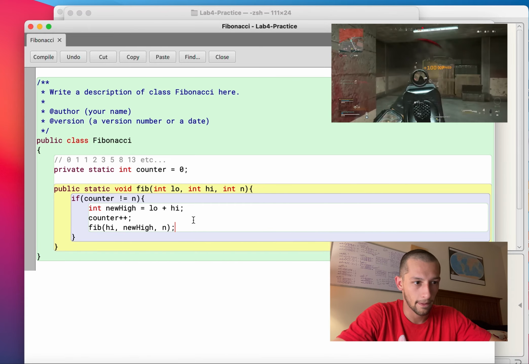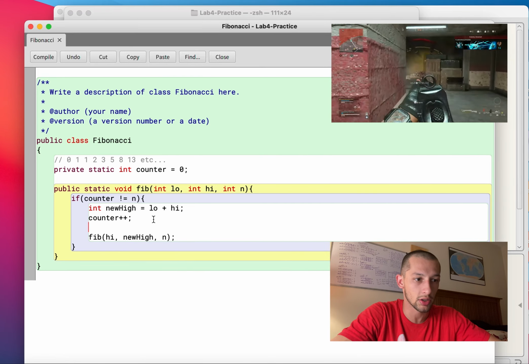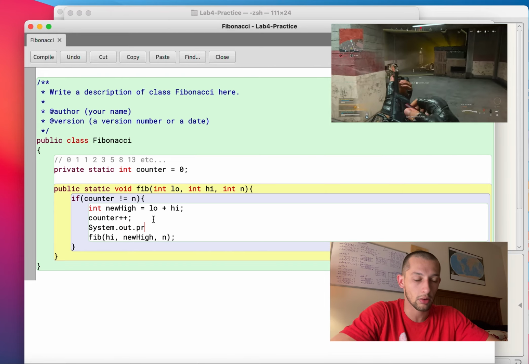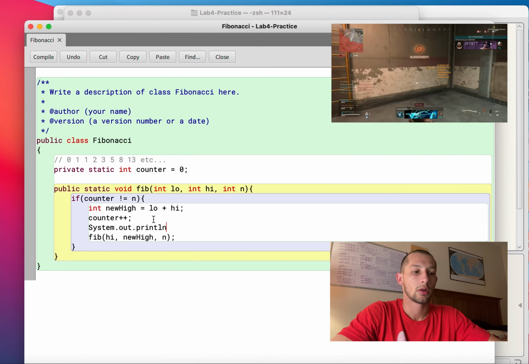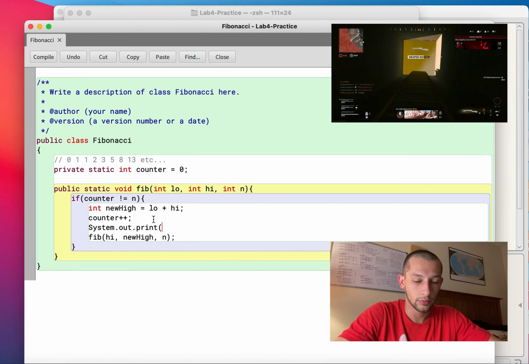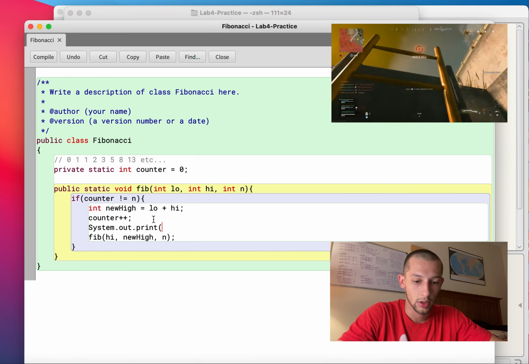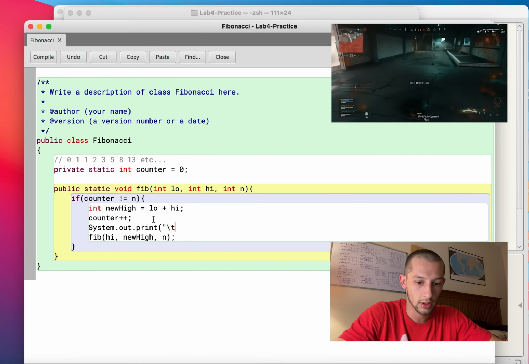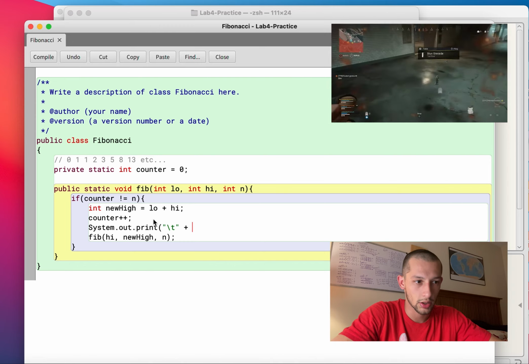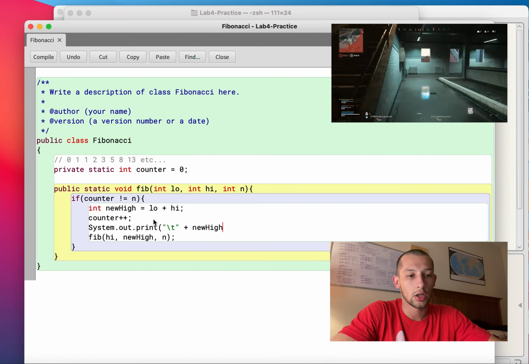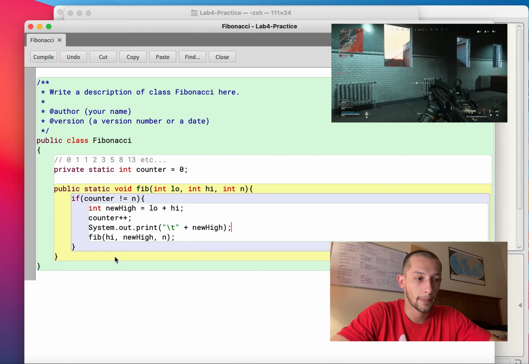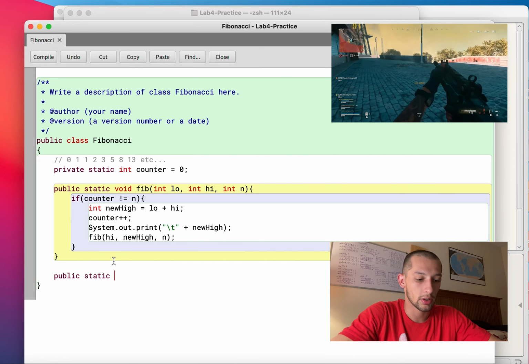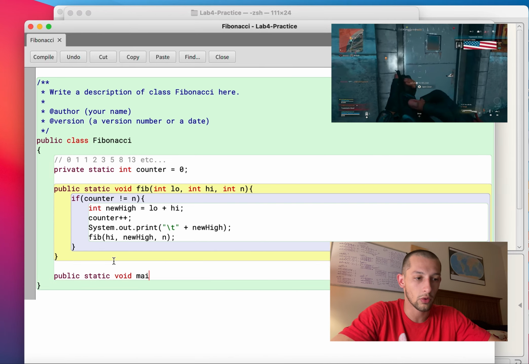Actually, what we also want to do is print it off. So System.out.print. We're just going to print with some space in between, so a tab to give us a new space, plus new high. All right, and let's see here, we'll go to our main,